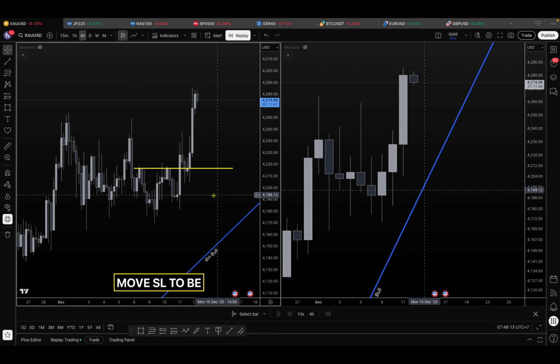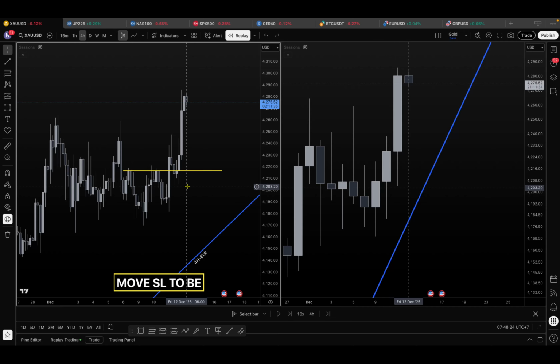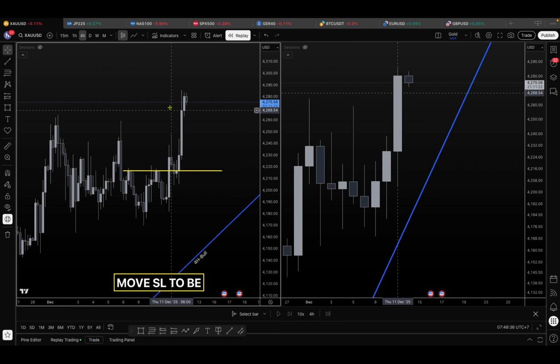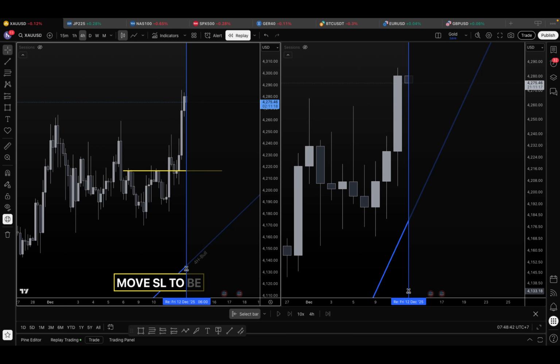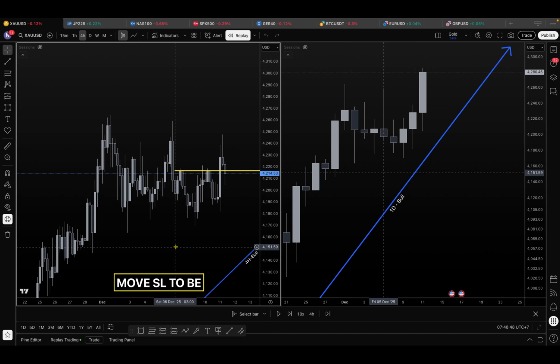On the 4 hour time frame. After this breakout, the price pulls back. And right here, from this swing high to over here is my area of interest. That's when I decided to go to the lower time frame to see if there are any signs of reversal on the lower time frame,